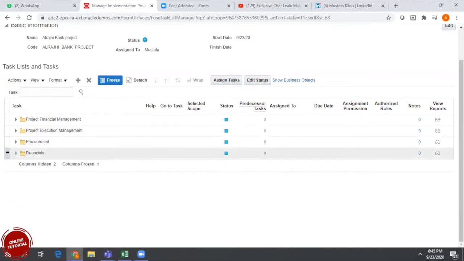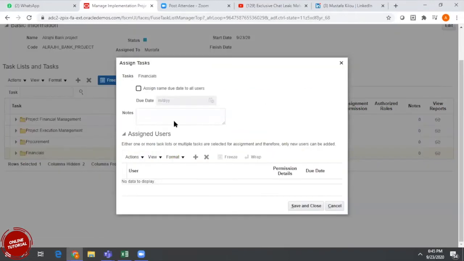For example, Mustafa is a project manager as well as a financial consultant. Just assume that all financial tasks we can assign to Mustafa, because he is a financial consultant. Financial solution required setups need to be done by Mustafa.